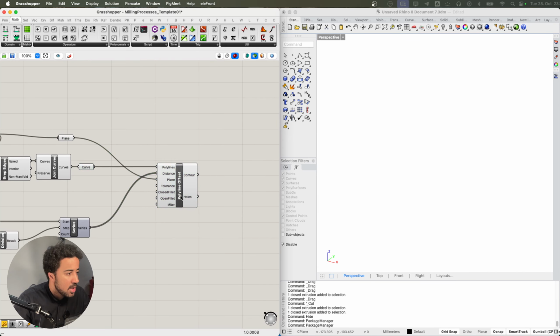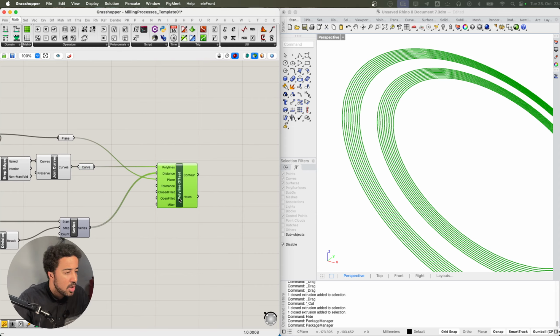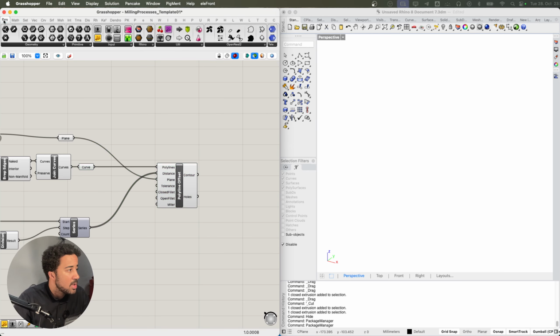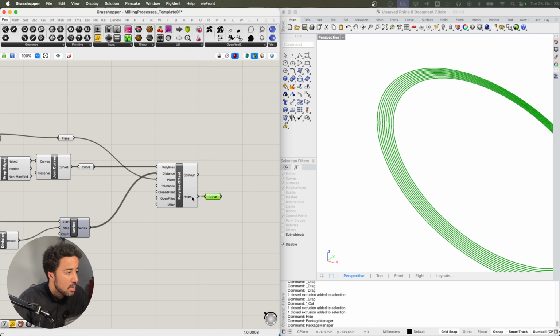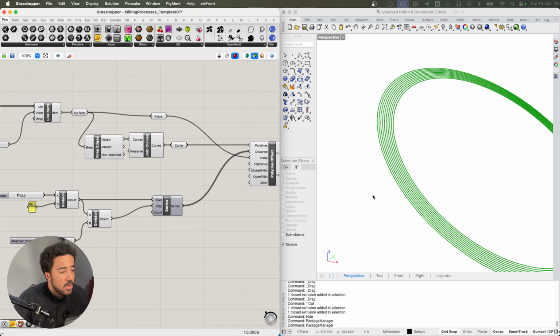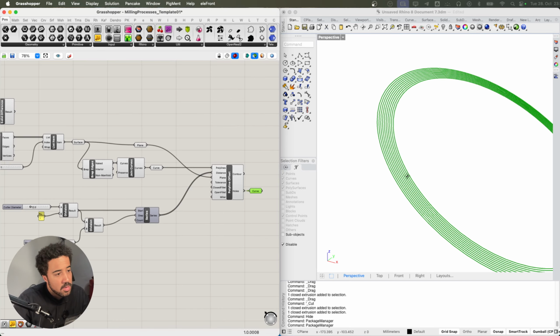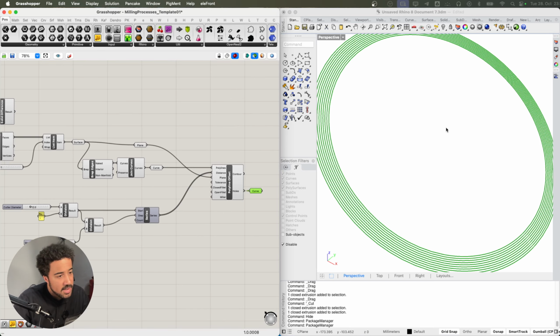We're only interested in the holes. So the polyline offset creates offsets on the inside and on the outside of our curve, but we're only interested in the inside offsets. So I will use a curve param at the holes. And you can also see that there is no option to just automatically create as many offsets as we need. There are ways of doing this, and especially in a circular curve, this is quite easy.